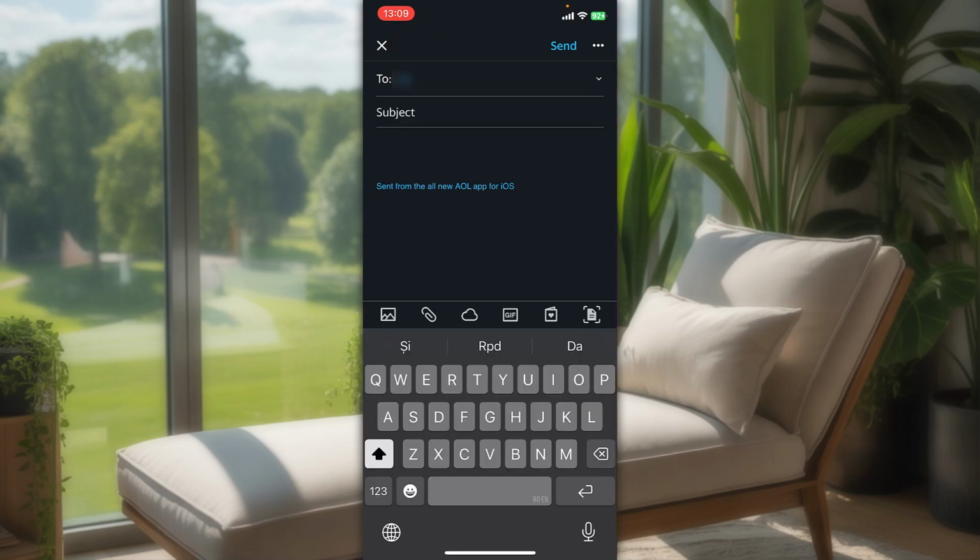Send this email to who you want. At subject you can place a subject, I don't know, subject, description, test, description. Alright, just compose this email as usual, and now before you press on send, in order to schedule an email